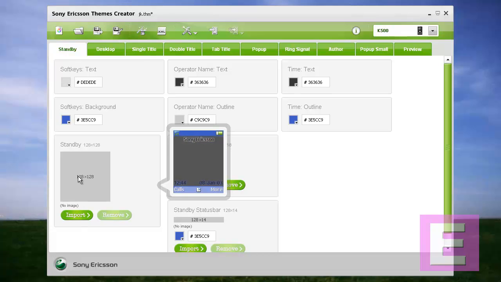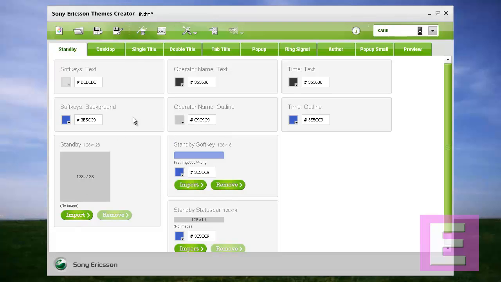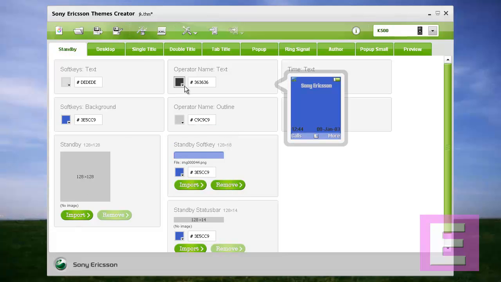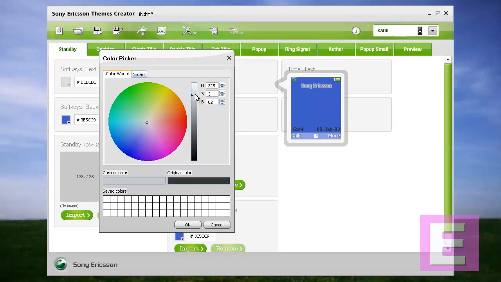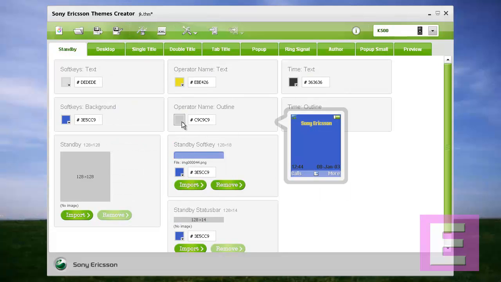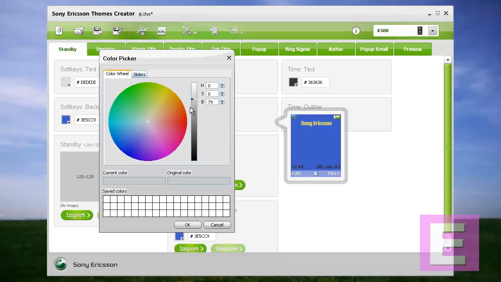You can put one image here as a standby image by importing. Then, operator name, you can see black color, change it, get a good one. Okay, it's outline color. I will suggest you put the same as I have taken earlier, yellow color.